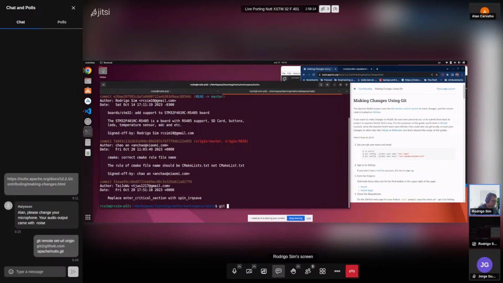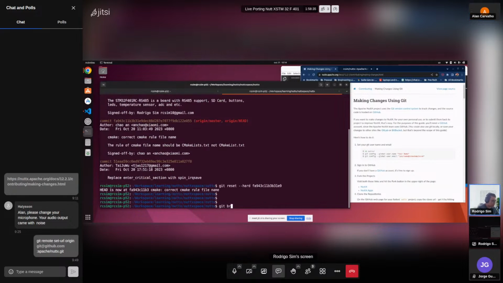So git reset --hard. Sorry for that, guys. And I will paste this one here. Now I need to create the branch before, git checkout -b